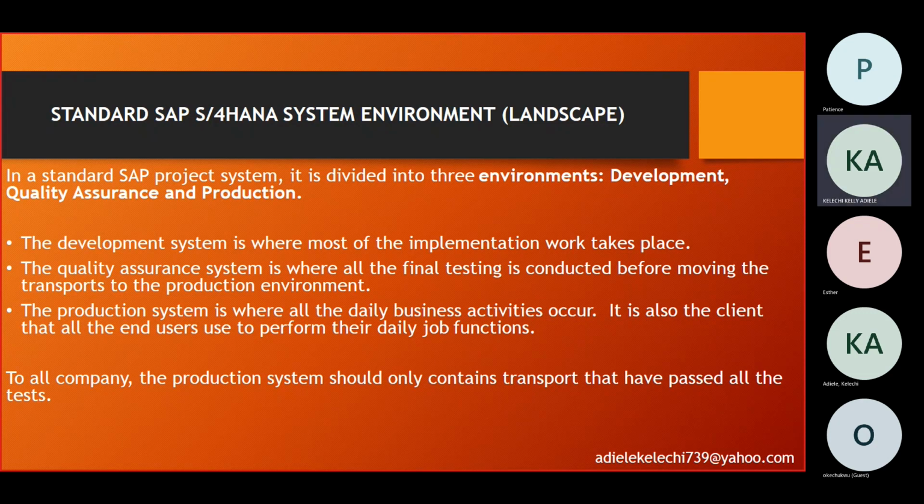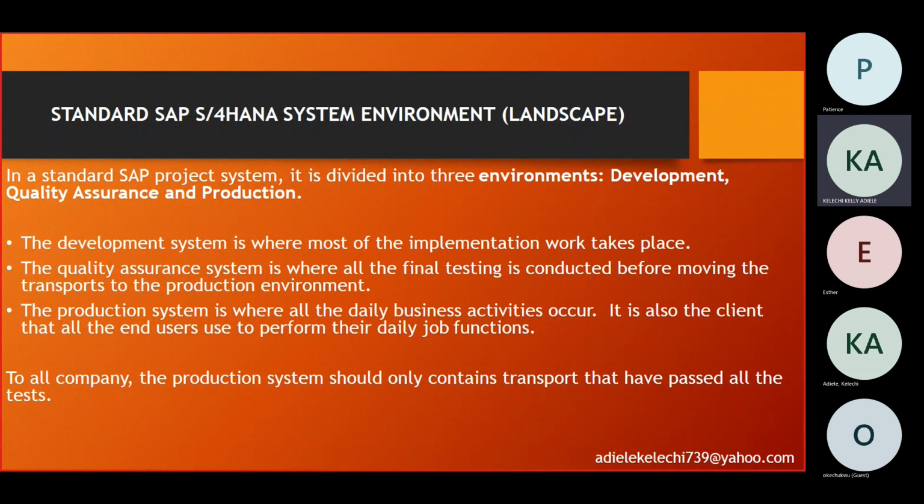These are the 3 landscapes, and I've explained that previously. The development system is where most of the implementation work takes place in your explore phase, in your realize phase. In your realize phase, you do a lot of the first level development in the development system. The next is the quality assurance system, where all the final testing is conducted before moving the transport